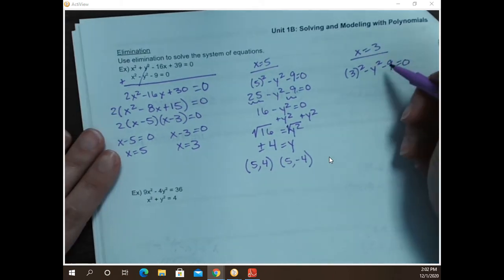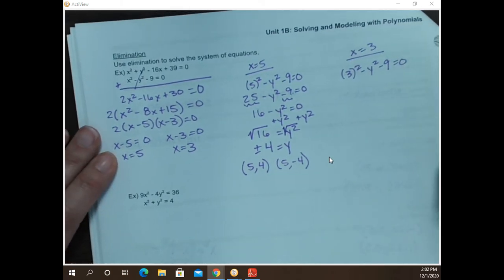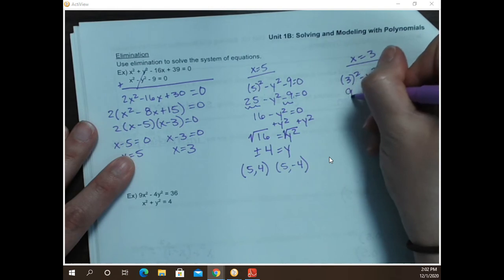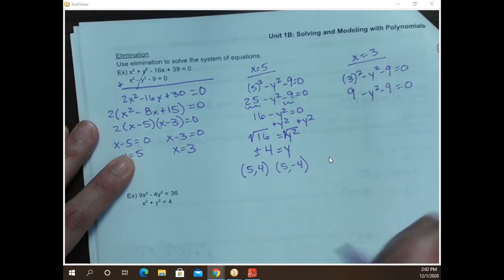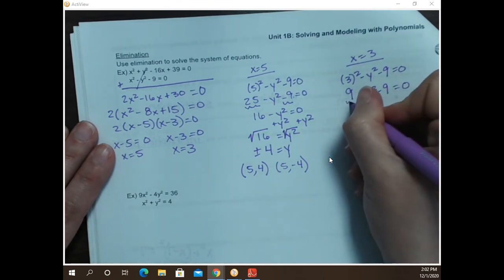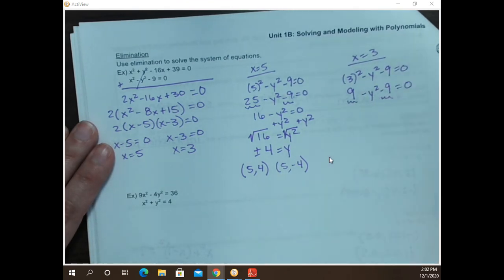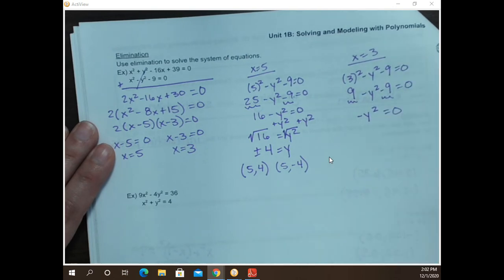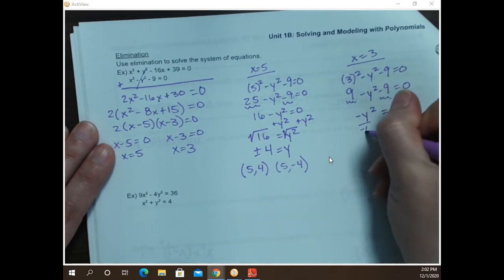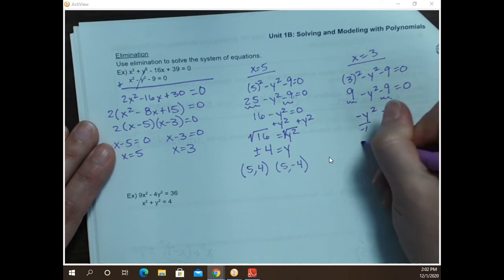Then I'm going to do the same thing for my x value of 3. So 3 squared is 9, so I get negative y squared minus 9 equals 0. Combine my like terms, 9 minus 9 is 0. So I'm just left with negative y squared equals 0. I'm going to go ahead and divide both sides by negative 1, so I have y squared